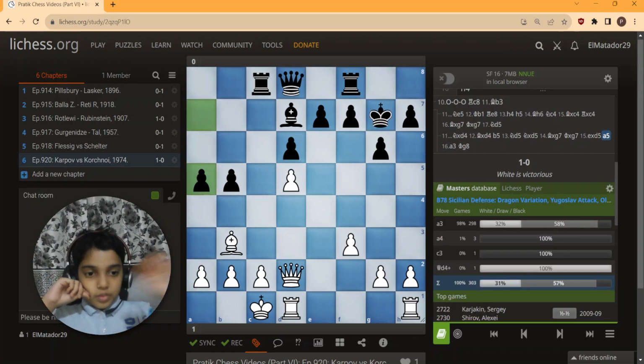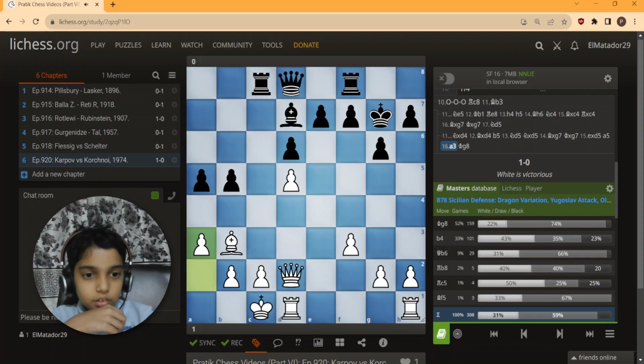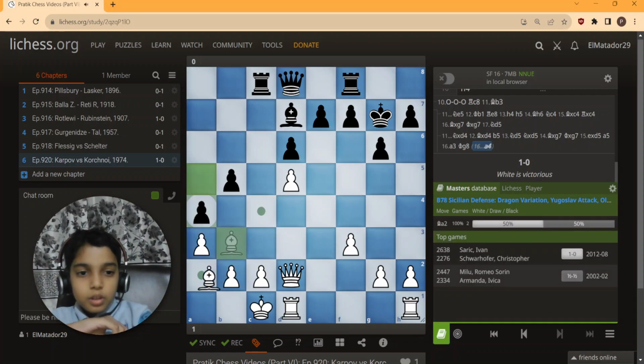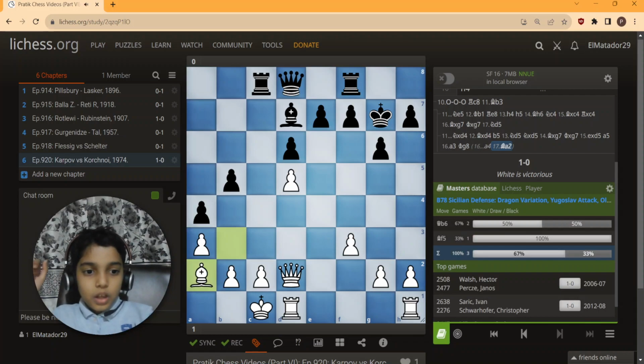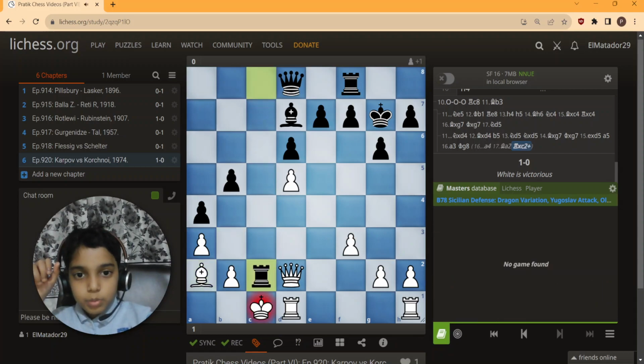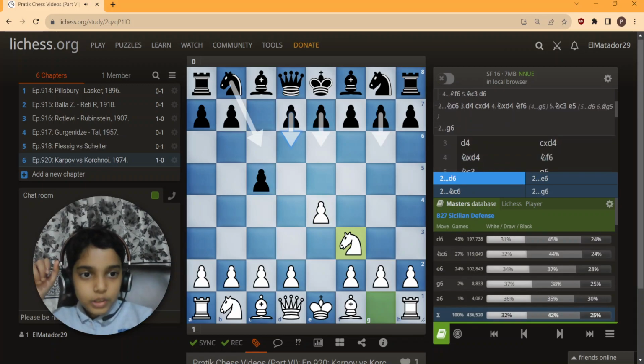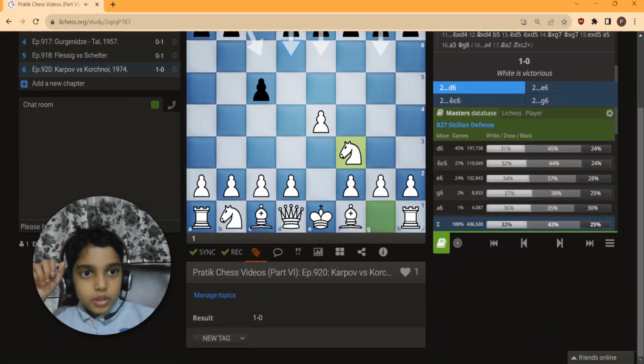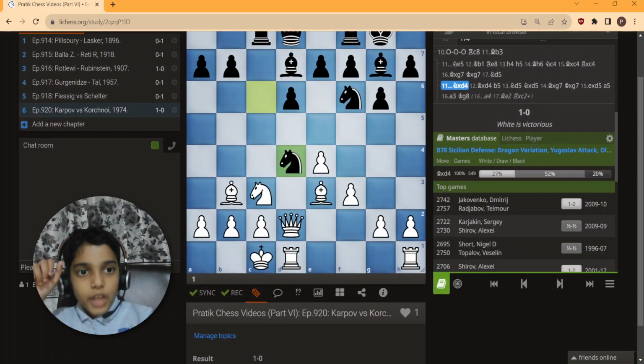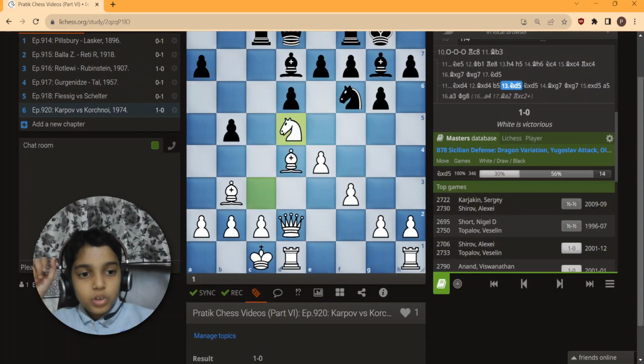See, this comes in the line. You play a3 and then a4, bishop a2, and now I believe what's the problem with this move. Okay, I understood. So this is in a line where, see, bishop to b3, knight into d4, bishop into b4,